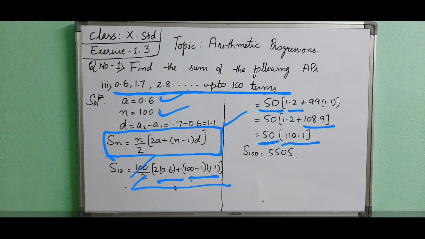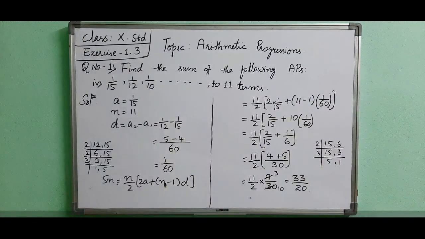110.1 into 50 is equal to 5505. Again, if we add 100 terms, after adding 100 terms our addition answer will be 5505. This way. Now the last question of this exercise: the numbers are 1 by 15, 1 by 12, 1 by 10 up to